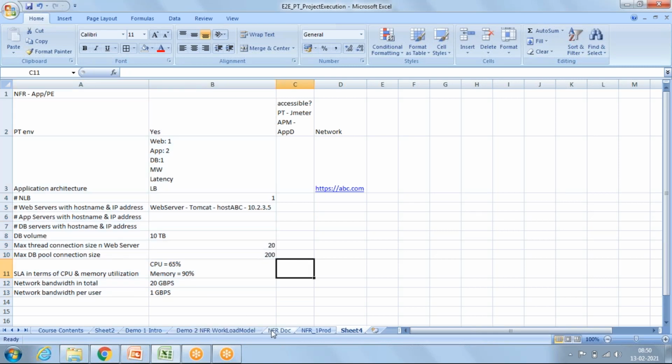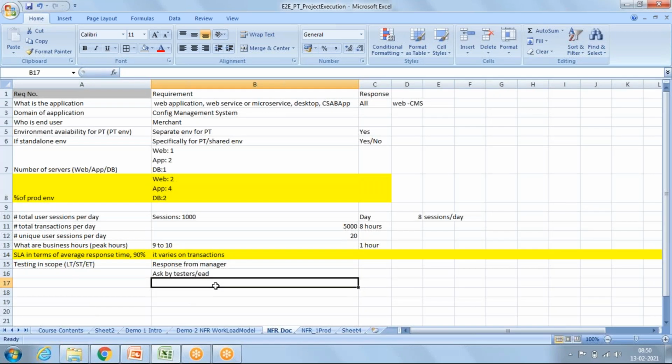Okay, next is our volumetric. From volumetric onward, we can start our actual work. Till now it might be somewhat boring because we are working on Excel, but from now onwards we have to connect to our application. We have to capture transactions for the application, and then we have to start scripting for our scenarios. Application understanding we will see in the next session, but today we'll see how we are going to capture some transaction level details.